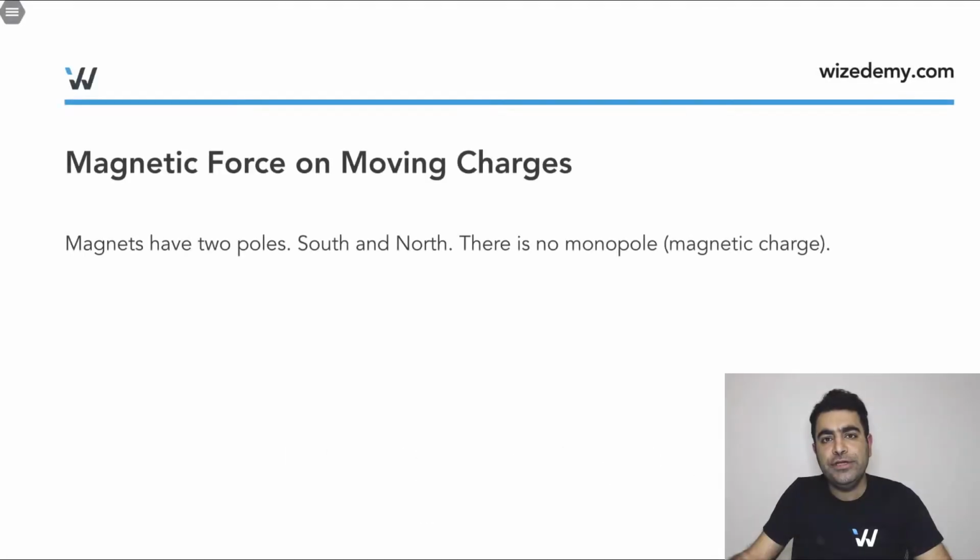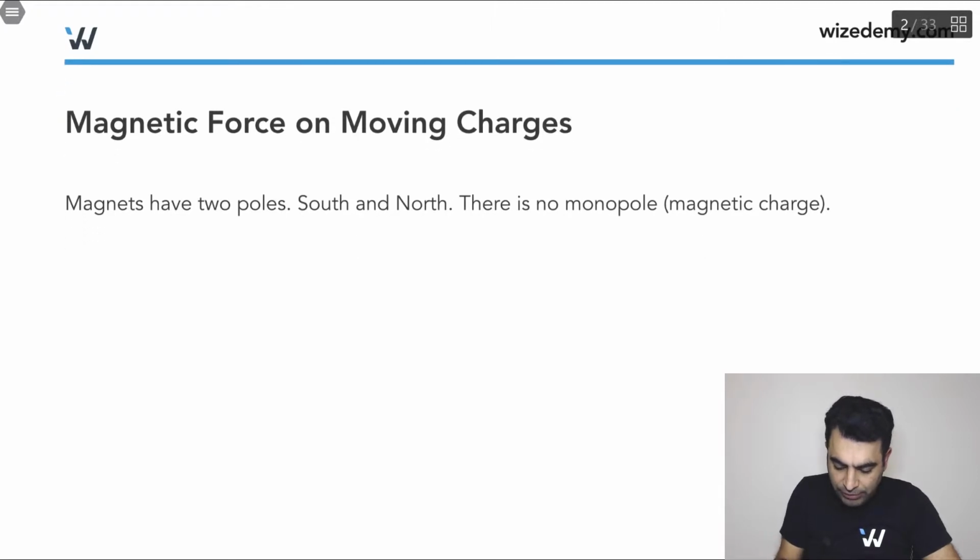If I have a moving charge and there is a magnetic field available in space, this magnetic field can produce a force over the moving charge. But before talking about this force, let me quickly remind you about the magnet and talk a little bit about the magnetic force. If I have a magnet, usually we assign north pole and south pole for both ends of